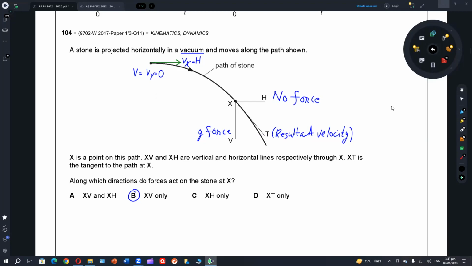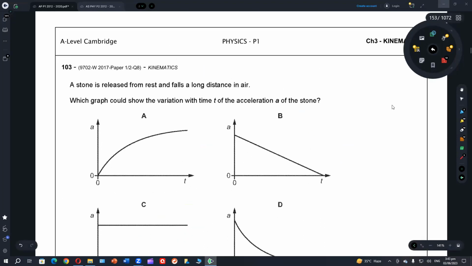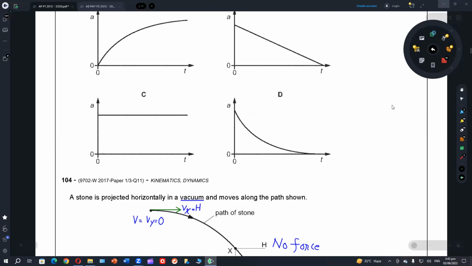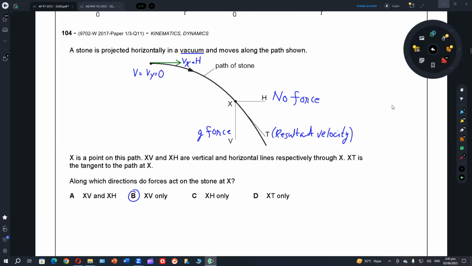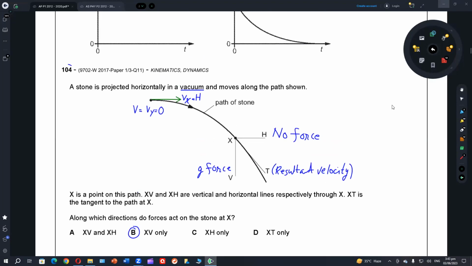So there is no force on XH because there is no air resistance. XV is vertical and there is a vertical force, which is the gravitational force. Okay. So we have done questions related to kinematics, and